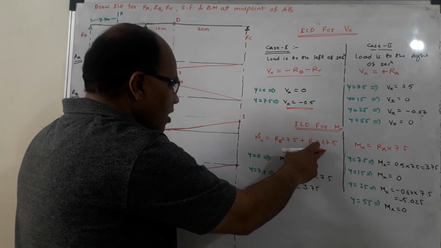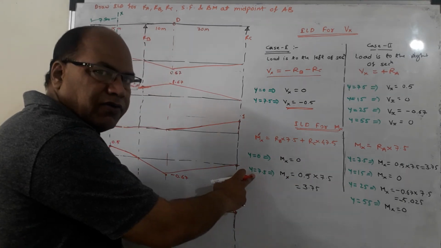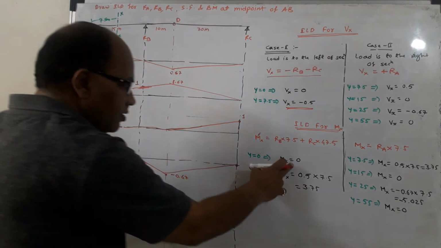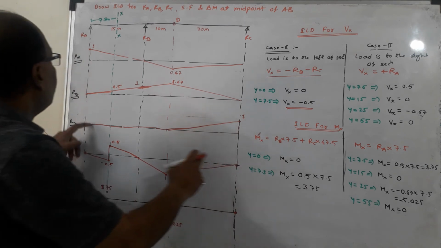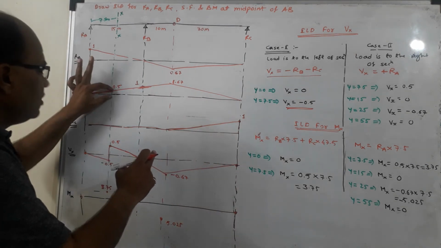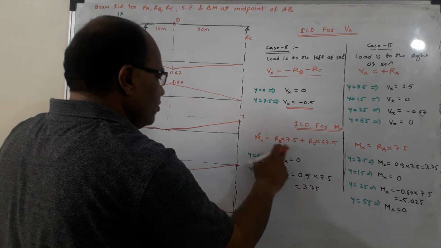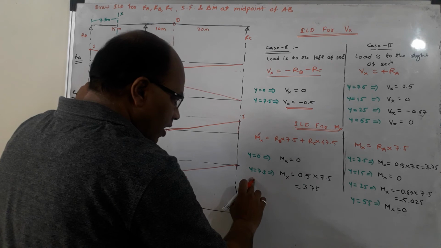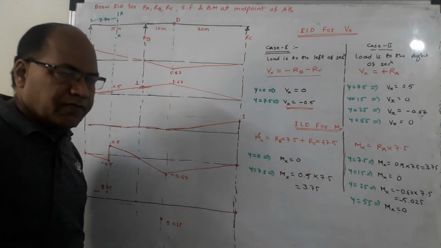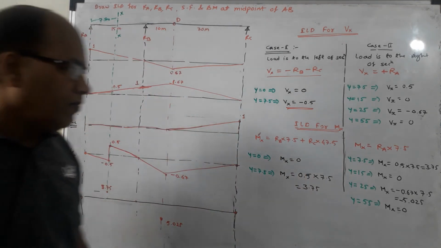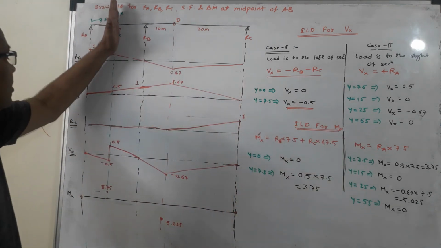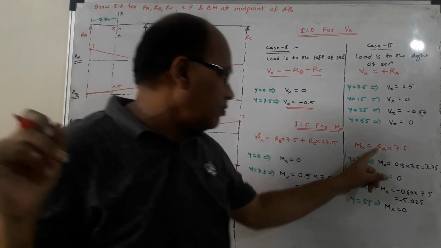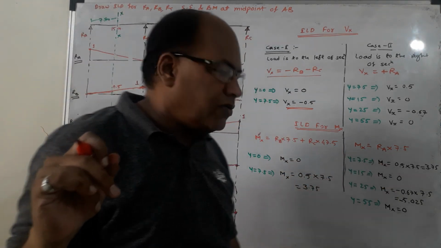This is the value. Again y is equal to 0, y is equal to 7.5 for the left part. When we substitute y is equal to 0, we can see that Rb and Rc both are 0, and that is why Mx is equal to 0. When y is equal to 7.5, we see that Rb exists, which is 0.5, so it will be 0.5 into 7.5. Rc is 0, so it will not be there in this equation, and we get Mx is equal to 3.75. When the load moves to the right part, then we will have to get the moment at this section from the left part, and it will be Ra into 7.5. So that is what I have written over here. Mx is equal to Ra into 7.5.